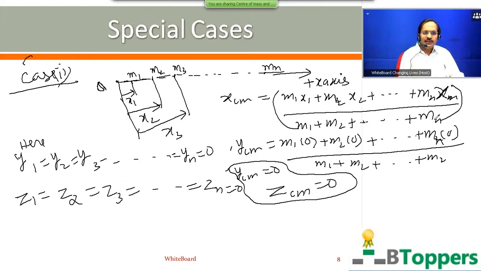The conclusion of this discussion is that, case 2: the center of mass of a system of point masses always lies on the same straight line on which the masses lie. That means the center of mass of a system of collinear point masses always lies on the same straight line on which the point masses lie. So next I am going to discuss special case 3, specifically the case where you have a system of 2 point masses.